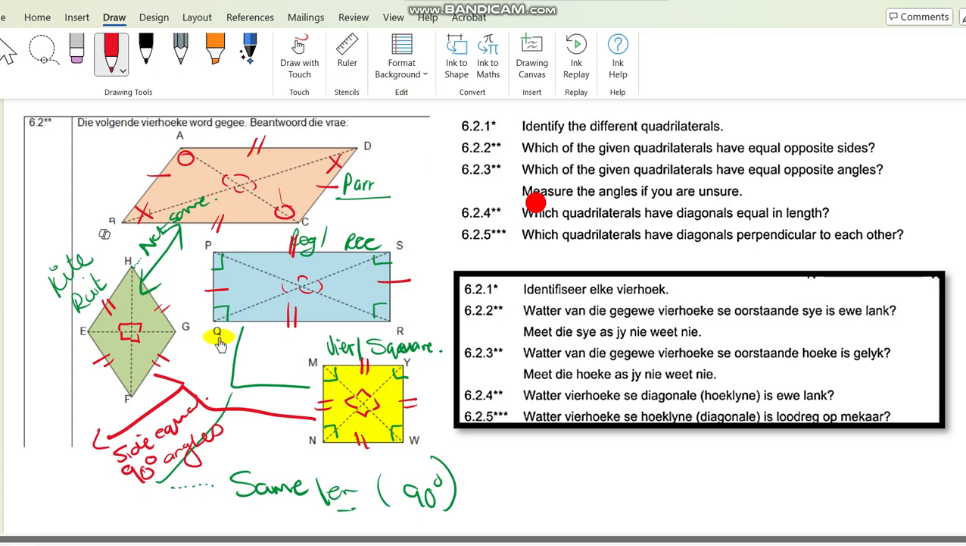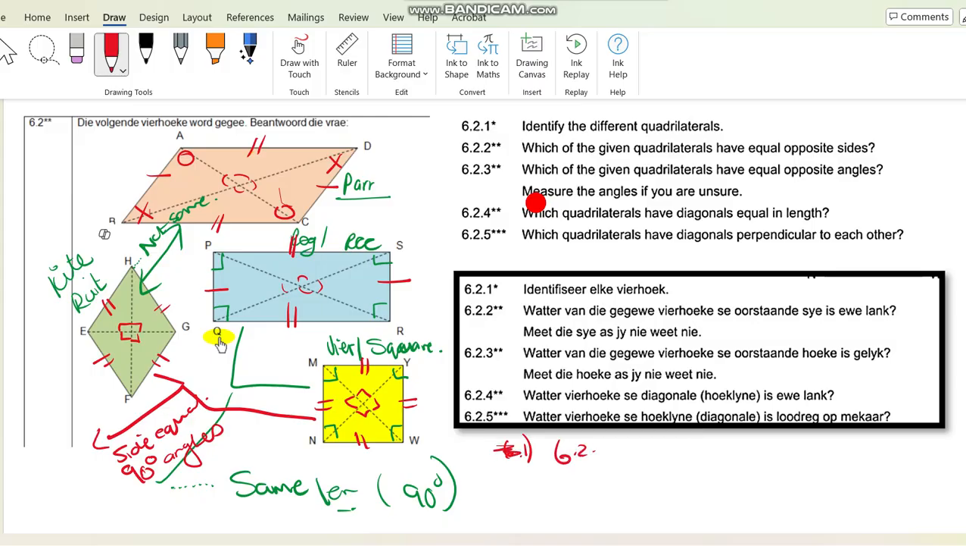So question 6.2.1. Let me just find my book here. Right. It says identify different quadrilaterals. Identifiseer die vierhoeke. So your answer is going to look something along the lines like this. You're going to name it A, B, C, D equals, and then you're going to tell me it's a parallelogram. Then you're going to say E, F, G, H equals a rhombus